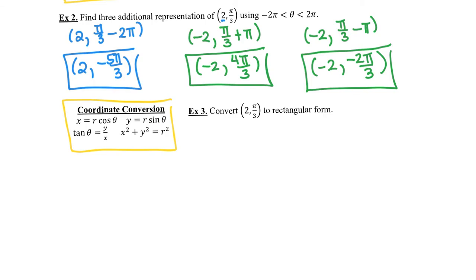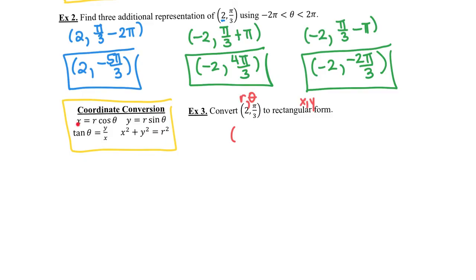Okay, but say I want to change it to rectangular form, meaning instead of this being r, theta, I want it to be x comma y. Maybe just because it's easier for me to graph. So if I want it to be x comma y,